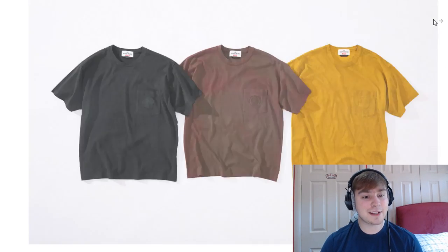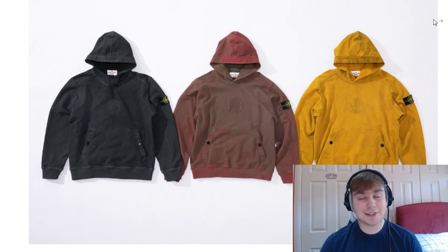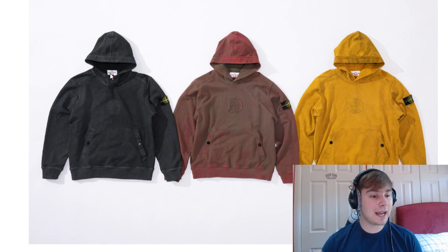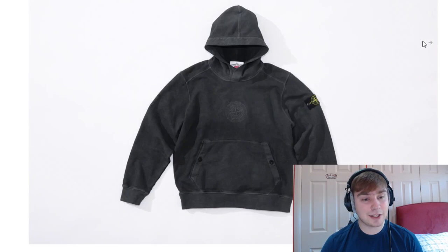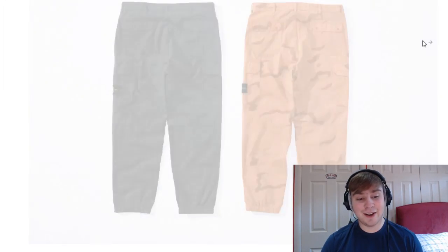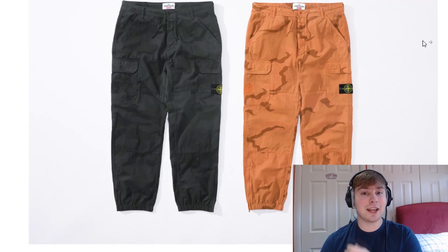It's just for me personally, I don't understand the sort of dust color treatment to it, because I definitely like the black colorway in the hoodie and in the tee. In the other colorways, it just doesn't appeal to me as much, just a personal preference. I'm definitely just not a fan of this silk theme. I'm okay with the jacket because the inside part is detachable,